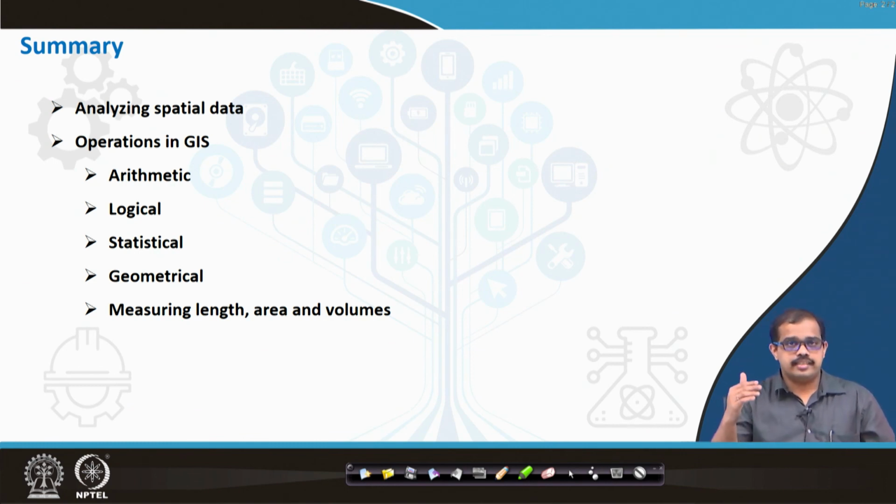In the next class we will continue this, we will look at more of the basic spatial analysis, and once we have understood that, finally we will look at advanced spatial analysis and stop with the limitations of GIS and GIS software in today's context and how it can be improved. That is what we are trying to do in this entire week.